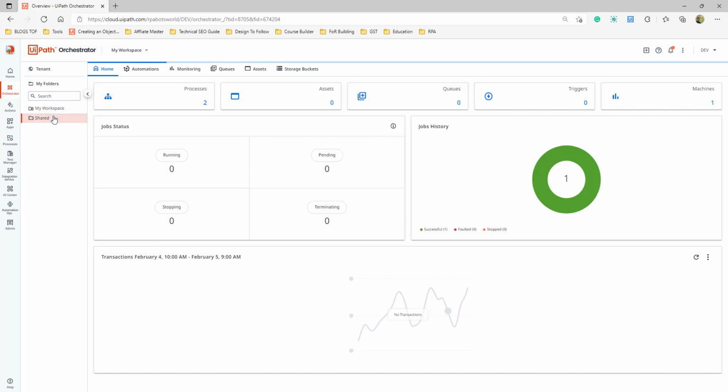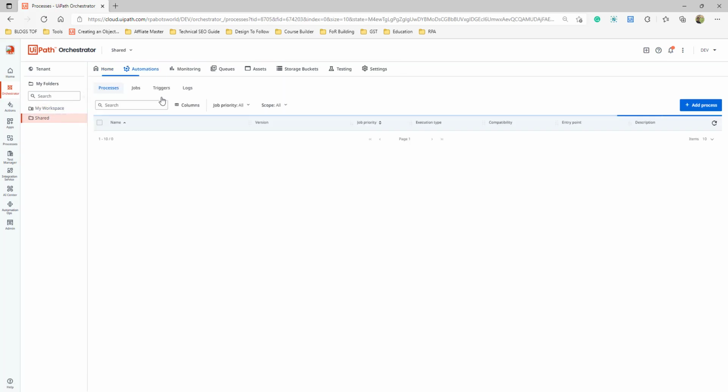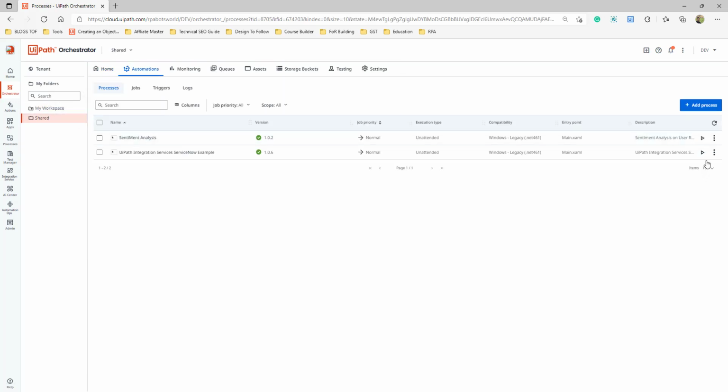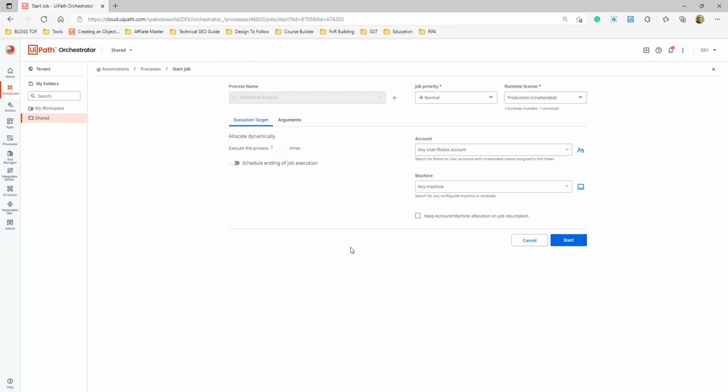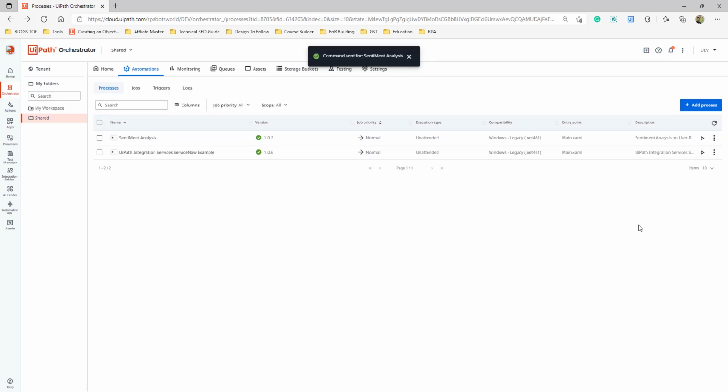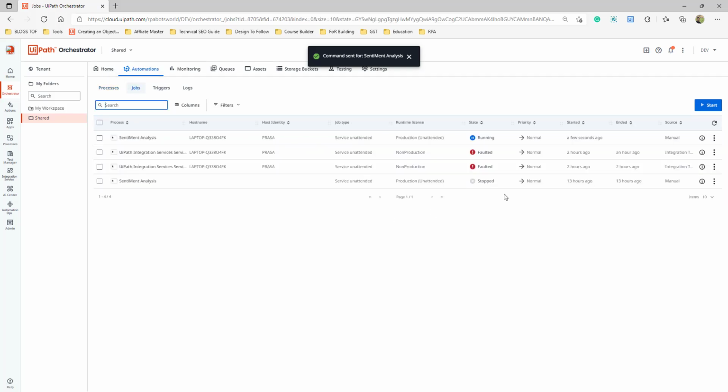Okay, so we are in Shared. We have two processes. This is the sentiment analysis process that I need to run. So I'll run it on any machine which is available. The command is sent. Now if you look at the jobs, it will start running, and now you should be able to see the logs.